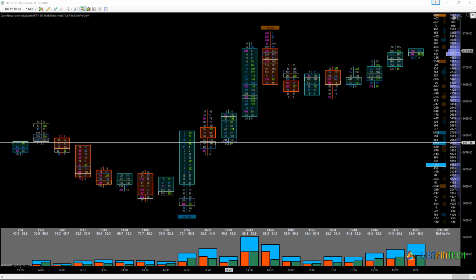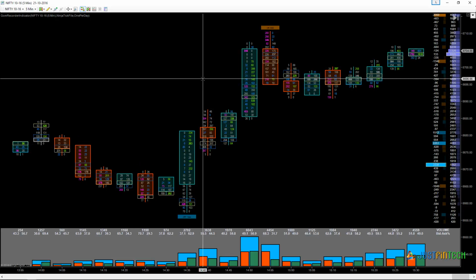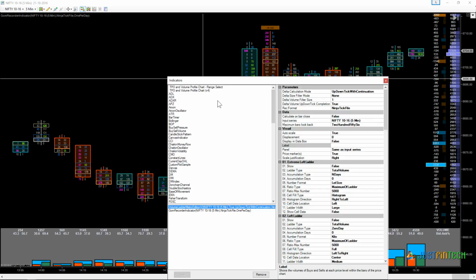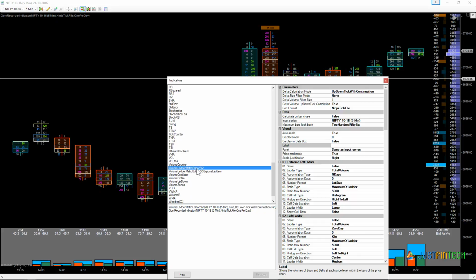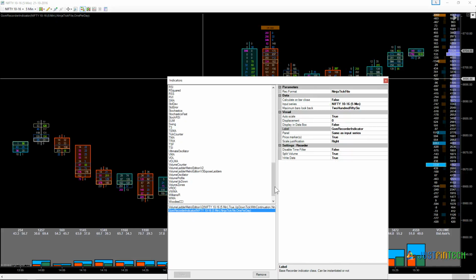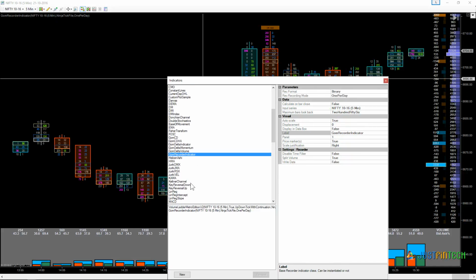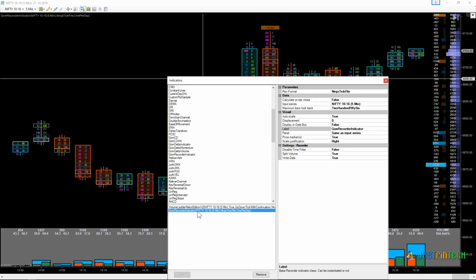Once you open the chart, right click, indicators, and you need to double click the Volume Ladder Metro Edition V2 and the GOM Recorder indicator. The GOM Recorder indicator is there so that in real time, if you want to save the bid ask, you will need to